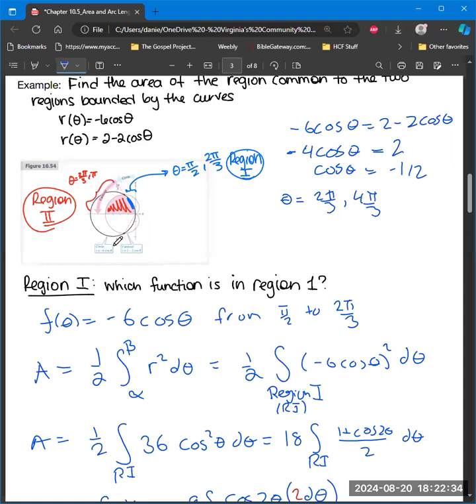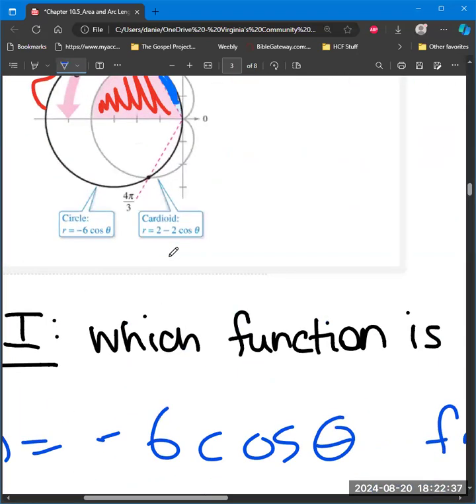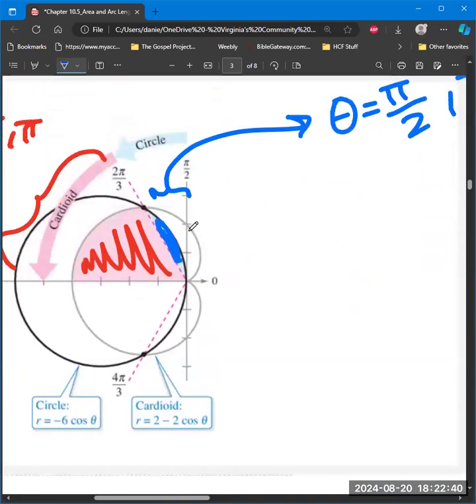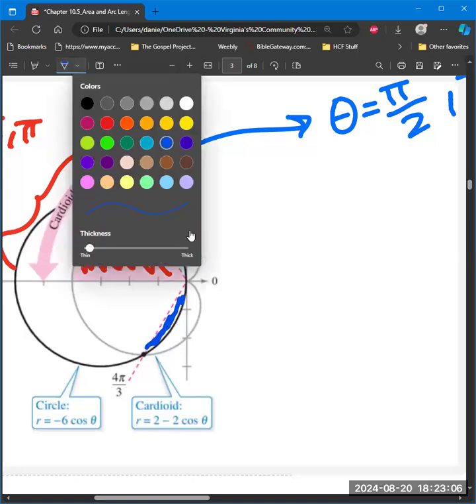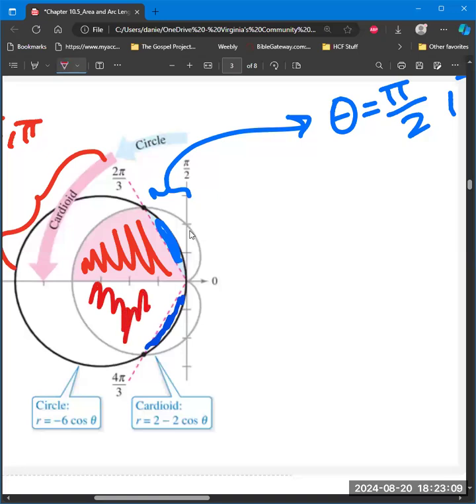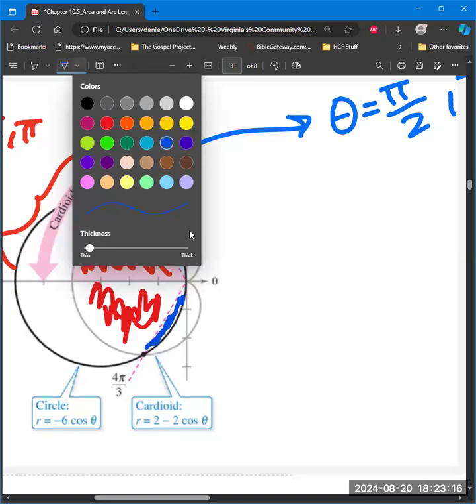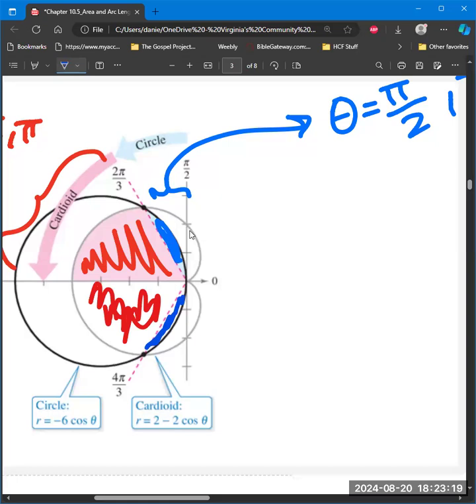So let me see if I can zoom in here and show you what we're talking about. The area that is in common to them, inside both pieces here, is what we're talking about. So we have this region that's shaded in blue, this region that's shaded in red or pink here, and then I have another copy of what's shaded in blue and what's shaded in red down here, but I don't need to find those again because I'm going to make use of symmetry to say that if I can find the area in this top half and then double it,